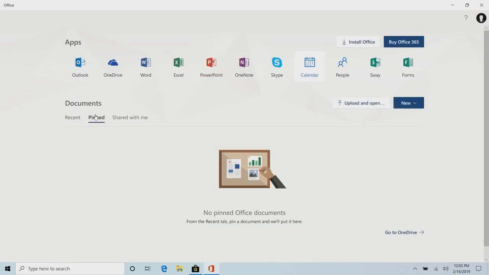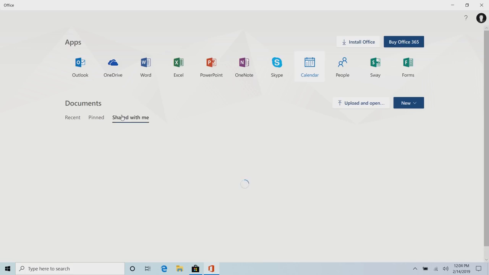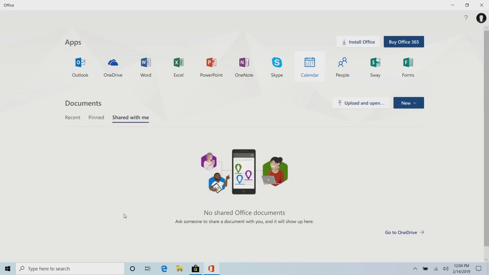You can also pin certain documents to the pinned area here. If we click on that there, that will now show up in the pinned area, so you can never lose certain documents if you need quick access to them all the time. And then you can also see the documents that are shared with you. So if you're somebody who uses Office with a bunch of different other people, whether they're students in your class or colleagues at work, you can have all of those documents located here, so you never lose them again, and